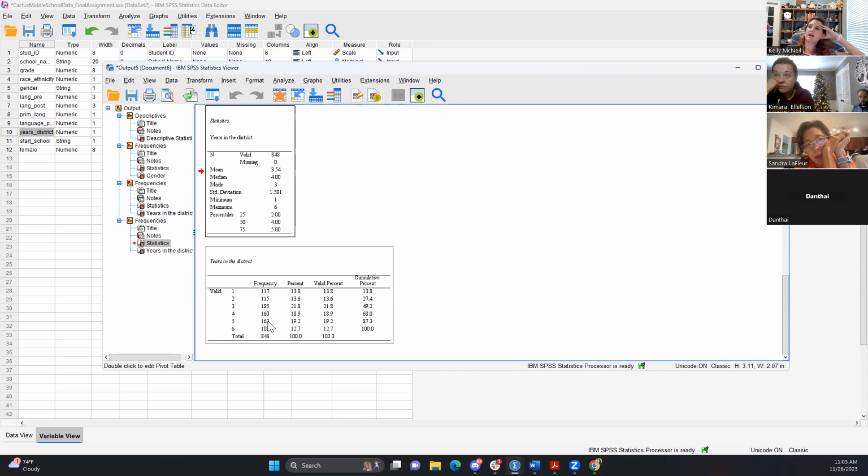Does that make sense though? Because if we actually add these up, 163 plus 108. If you add the next column, the percentages, 19.2 plus 12.7 is not 75. I'm not great at math, but I can tell you that much. No, look all the way to the right. Cumulative percent. You see we're at 68%, so it's between 4 and 5 years. So they're saying 75%, which would fall somewhere in between, have 5 years or less.